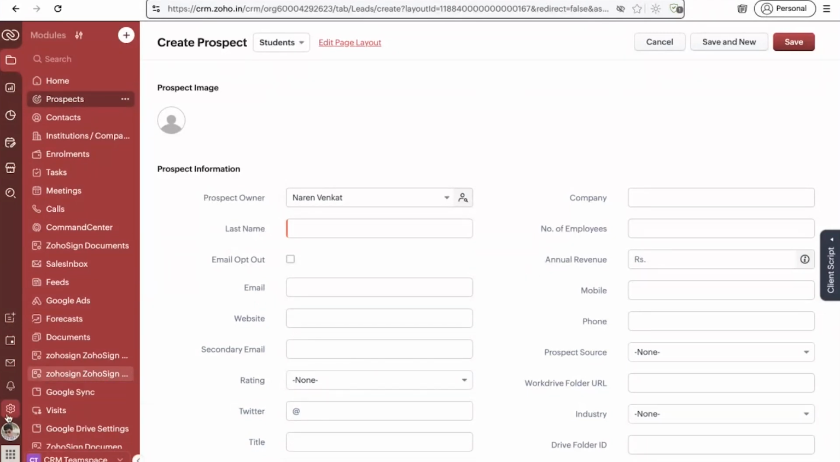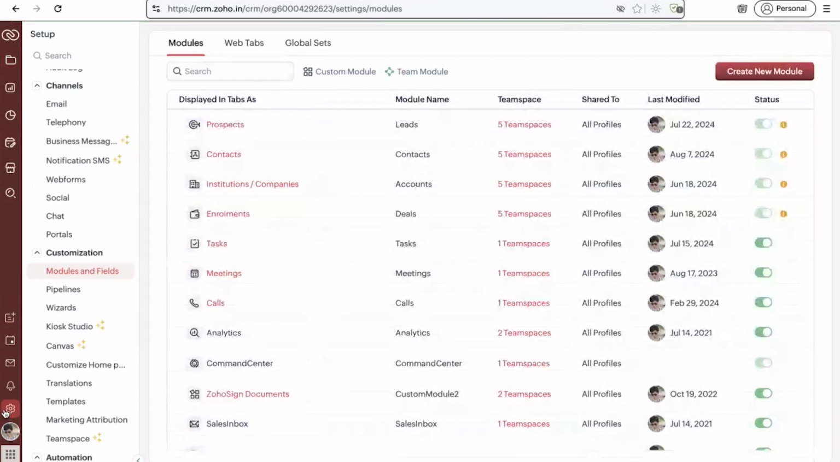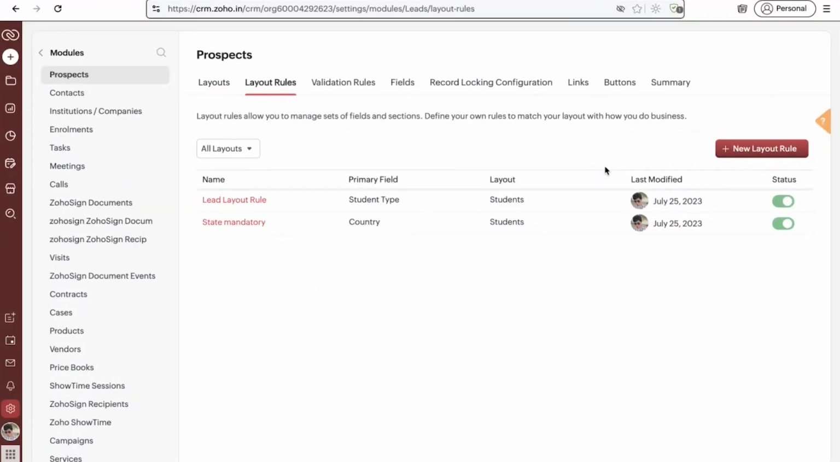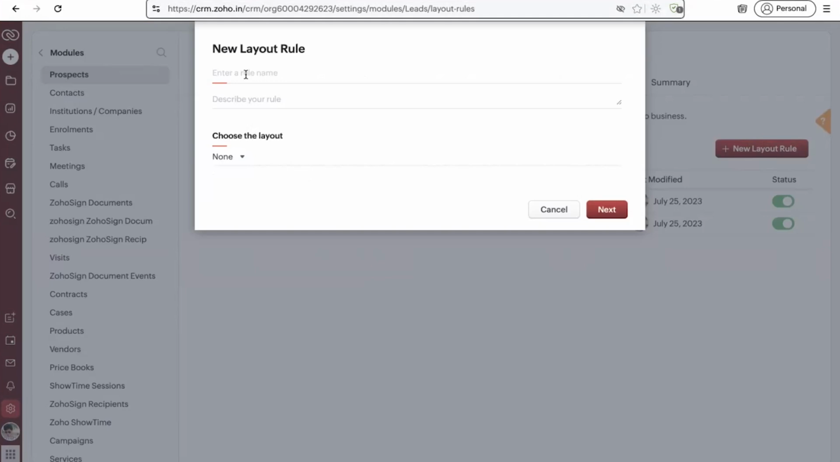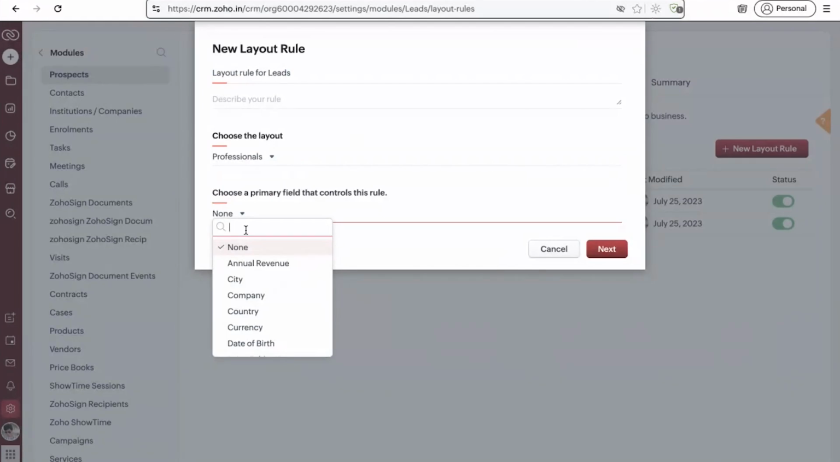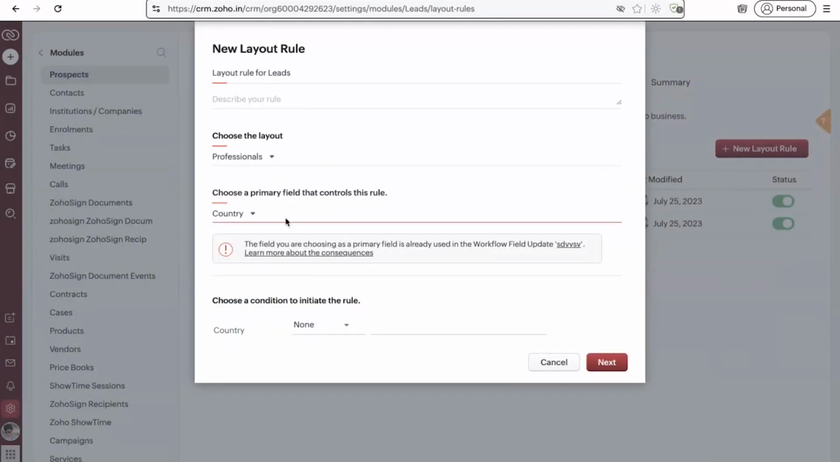In order to set up the layout rule, you can go to Setup, Modules and Fields under Customization, and open the module in which you are going to create a layout rule. Click on Layout Rules on the top. We'll create a new one, a layout rule for leads. We're going to do this for the student layout, or we'll go with the professional layout. So I'll just go with country. If the country is USA,